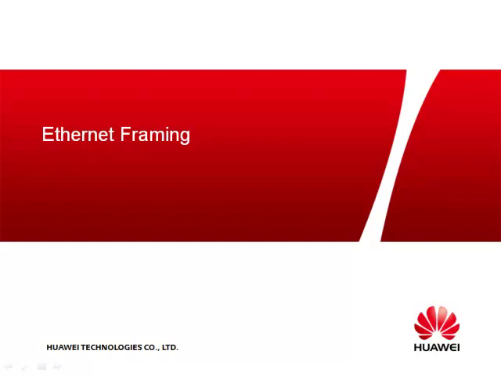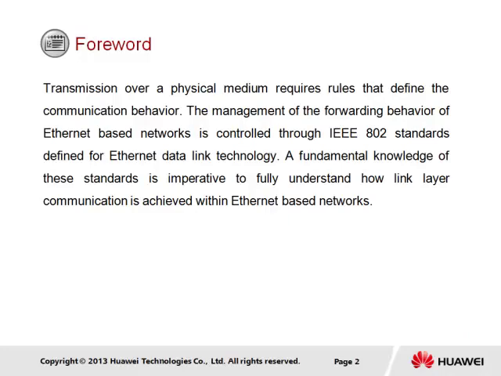This section is Ethernet framing and introduces the basic role and operation of Ethernet technology within a network. Transmission over a physical medium requires rules that define communication behavior. The management of the forwarding behavior of Ethernet-based networks is controlled through IEEE 802 standards defined for Ethernet data link